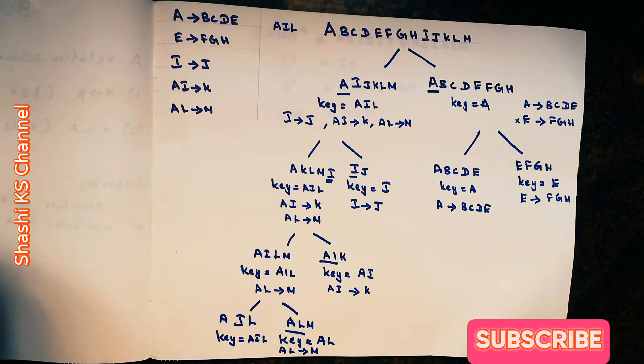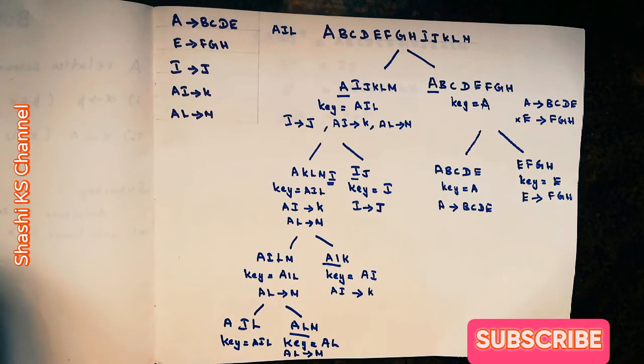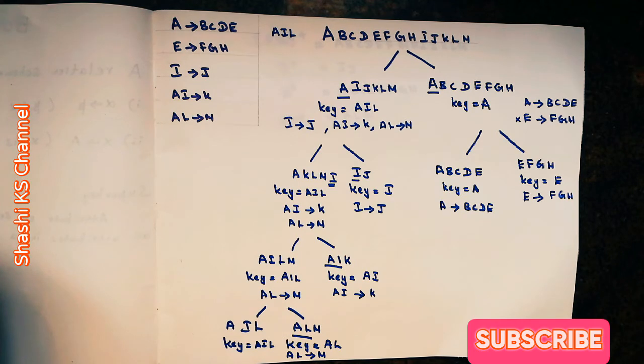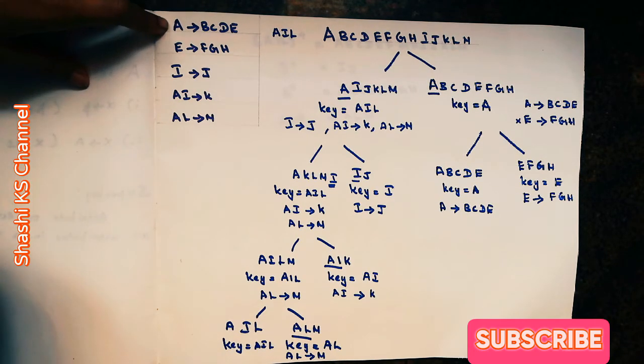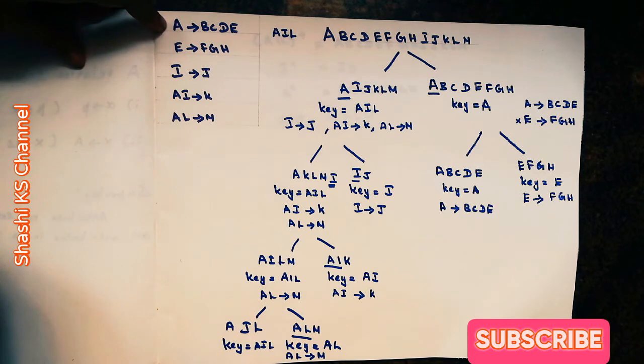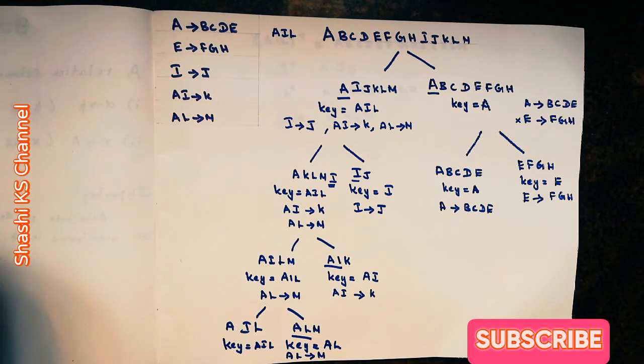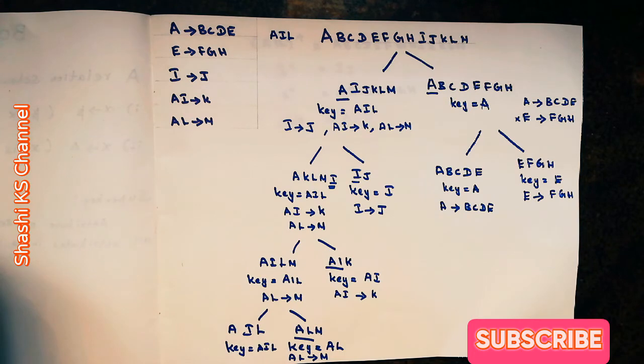For any given relation, we have to first check whether the functional dependencies are in BCNF form. How do we check that? Check out all the functional dependencies. First, find the super key of the relation. How do we find the super key of the relation? Check out what will be the set of attributes with which I can identify all other attributes in the relation.